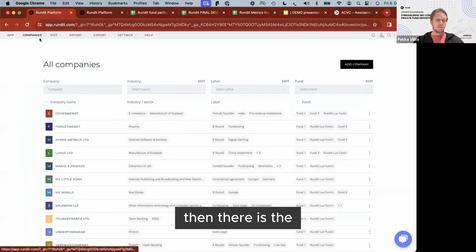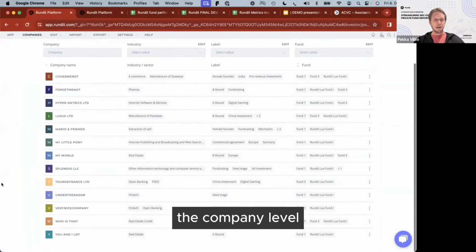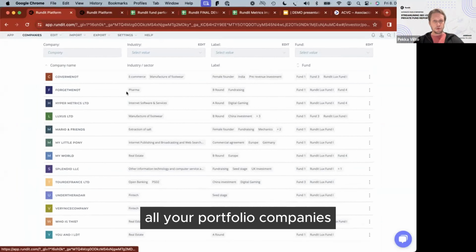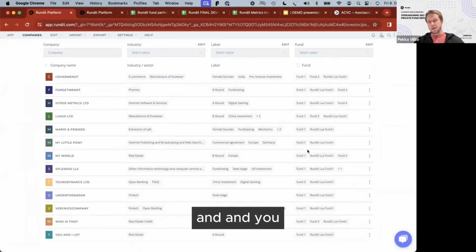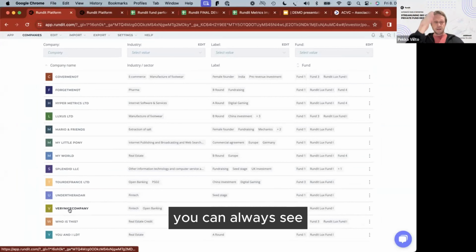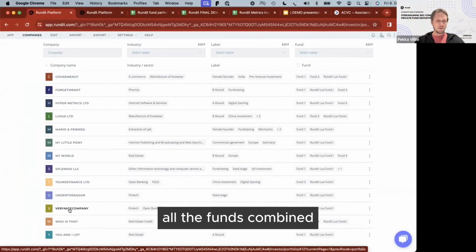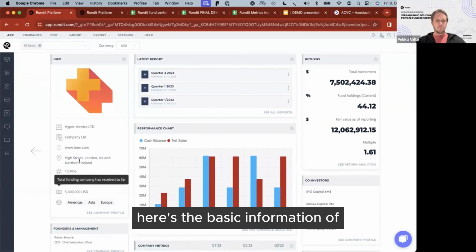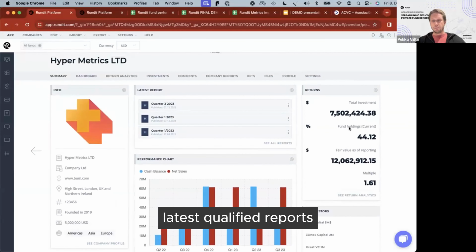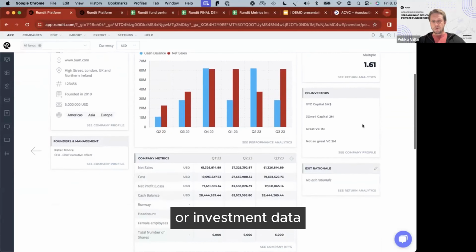Then when we go to the company level, here's again all your portfolio companies. You can split them into different industries, you can label them, and you can also split from multiple entities to one company. You can always see the data at the fund level or with all the funds combined. When we go to the company profiles, it looks like this. The first page here is the summary view. Here's the basic information of the company, latest qualitative reports, your investment data, co-investors,